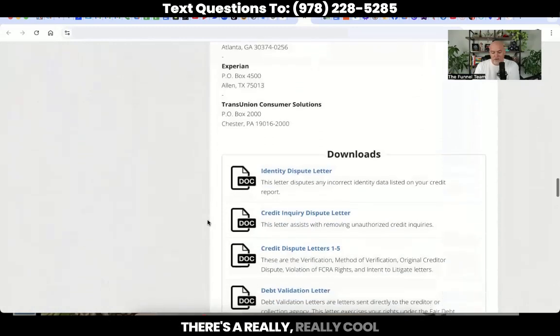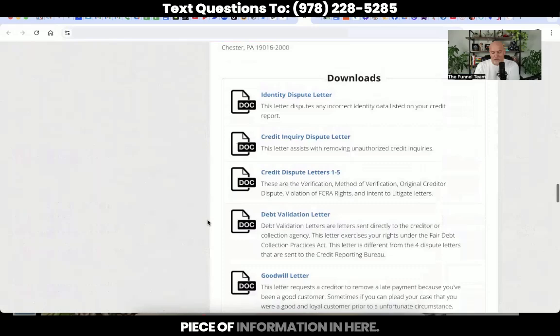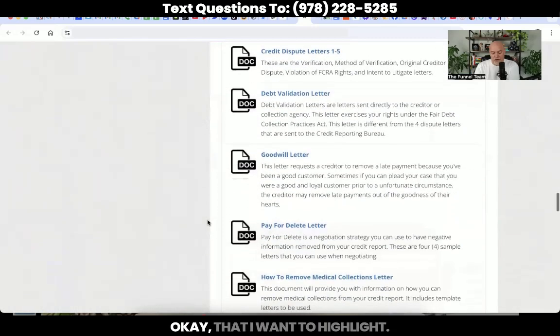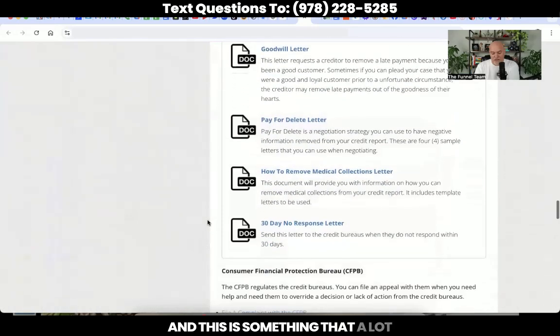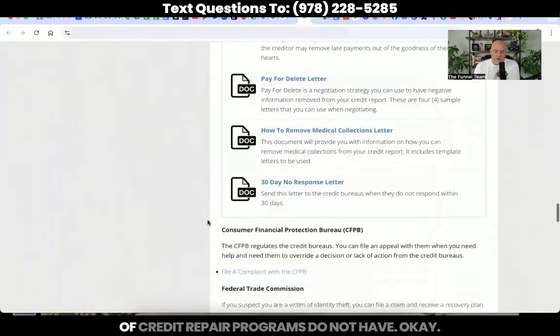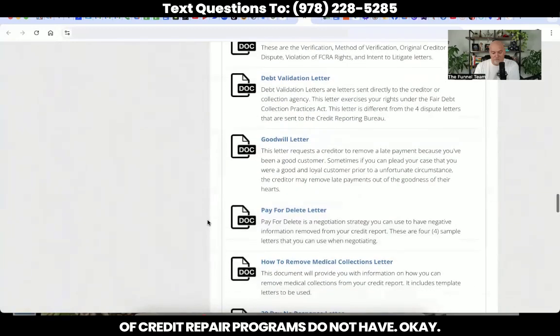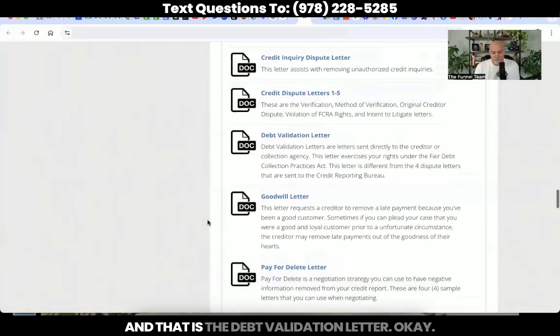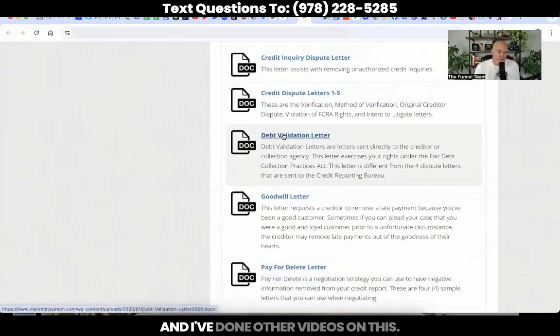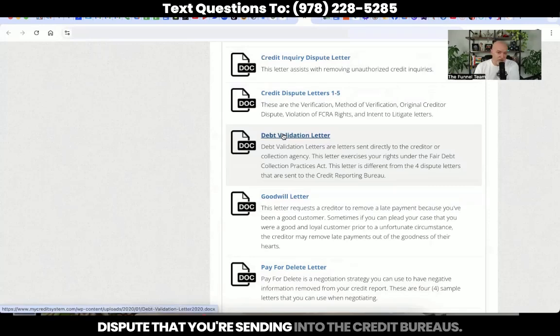There's a really, really cool piece of information in here that I want to highlight. And this is something that a lot of credit repair programs do not have, and that is the debt validation letter. This is a way for you to verify the dispute that you're sending into the credit bureaus.